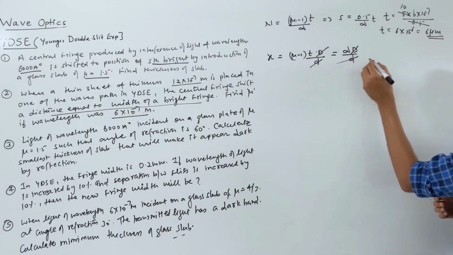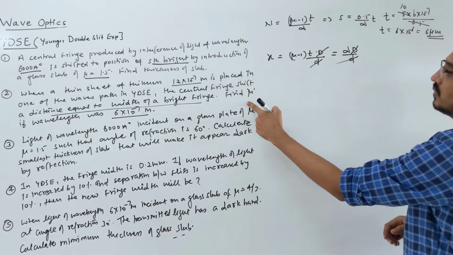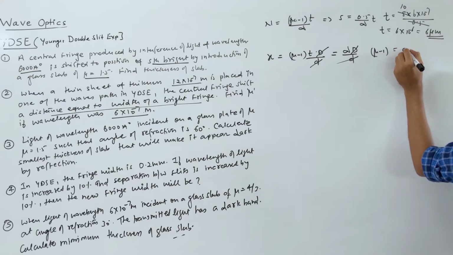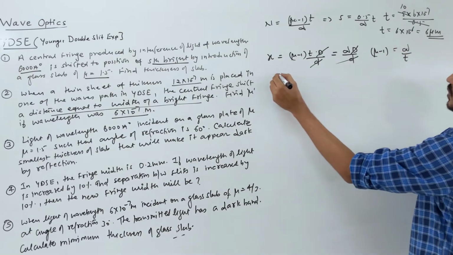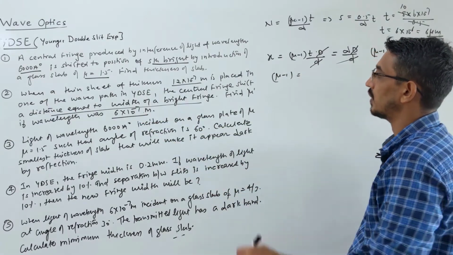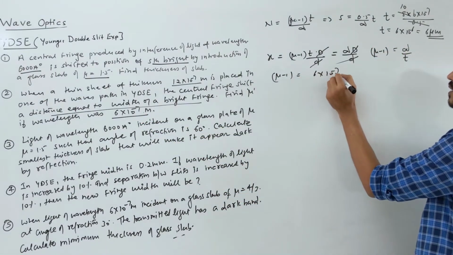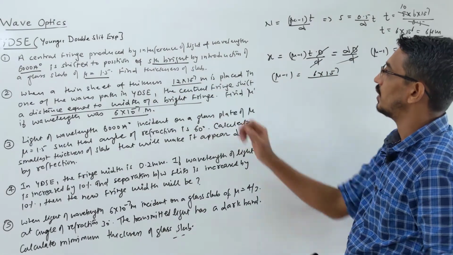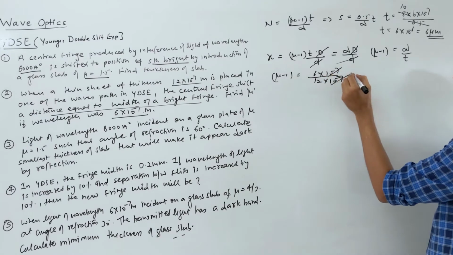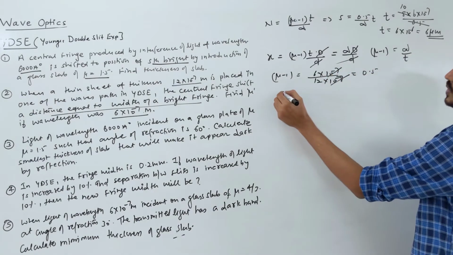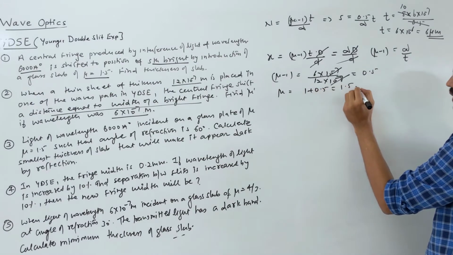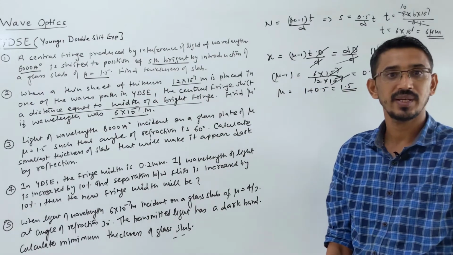So we are getting simply that they are asking us to find mu. So mu minus 1 should be equal to lambda by t. Lambda we know, 6 into 10 power minus 7. And thickness is also given, 12 into 10 power minus 7. This goes here, and you are getting 0.5. So you see mu comes to 1 plus 0.5, which is 1.5. That's your mu. Correct?